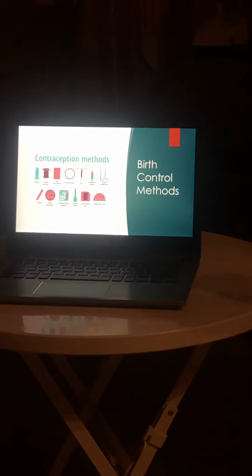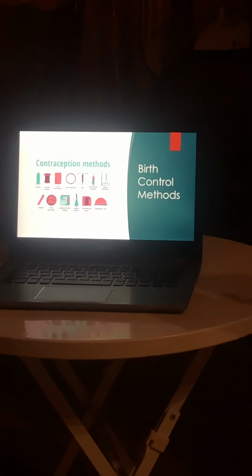In order to keep from having an unwanted pregnancy and having to get an abortion, in the book by Michael Benson, Coping with Birth Control, he gives us ways to prevent pregnancy. Here are several. And here's a slide that shows you birth control methods: birth control pill, hormonal patch, implant, injections, or an IUD.